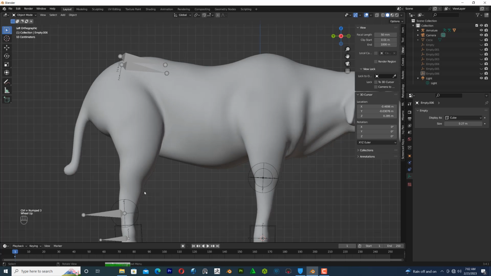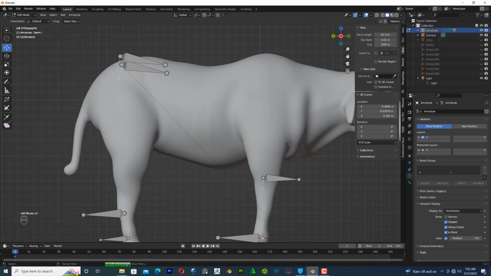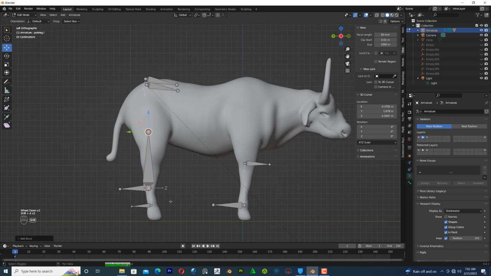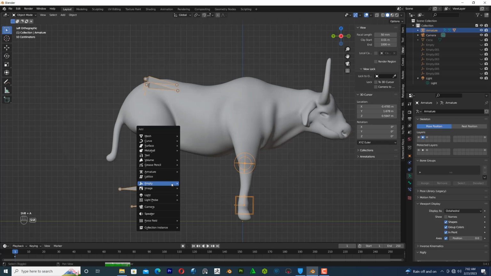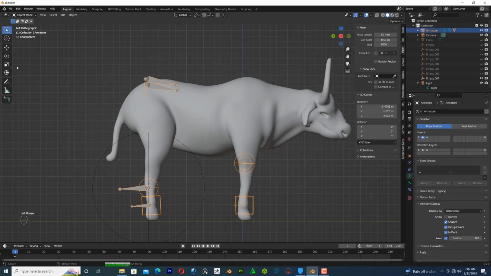We are selecting the back legs again. Come here, go to the edit mode, select this one, Shift S, cursor to the selection, Shift A, Control Z, sorry. We come to the object mode, Shift A, we add our empty sphere, and select this spawn. Come to the pose mode, we select this spawn,